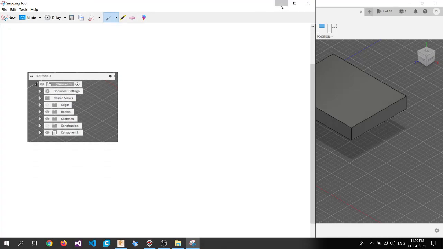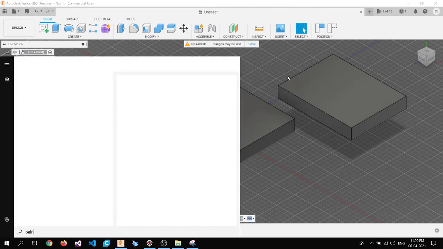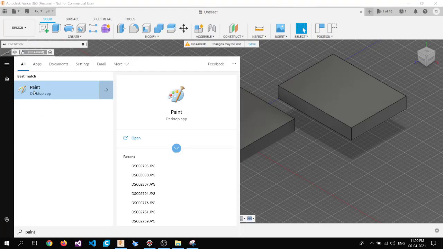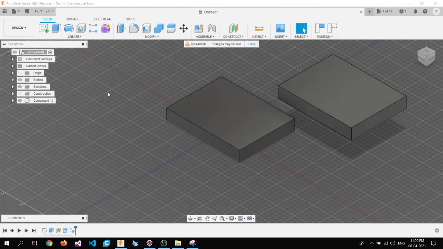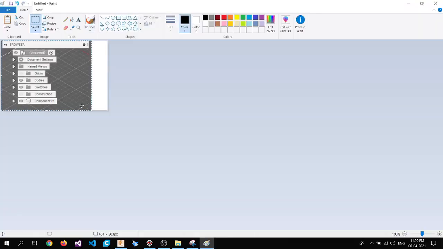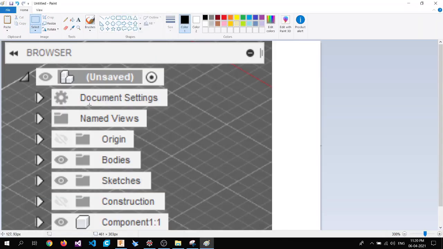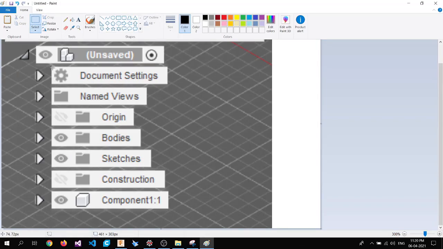Okay, we'll just copy it and we'll select paint, and in the paint we'll paste it. I just need to show you guys that. Okay, so here we have the way we are going to understand the pattern is: number one, we need to understand what is the exact size of each menu,